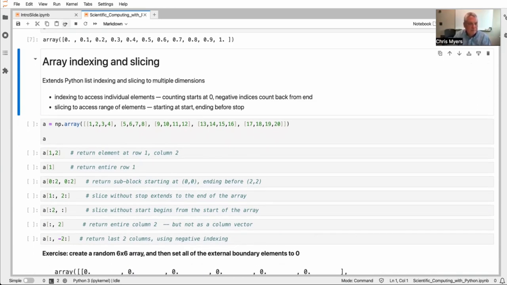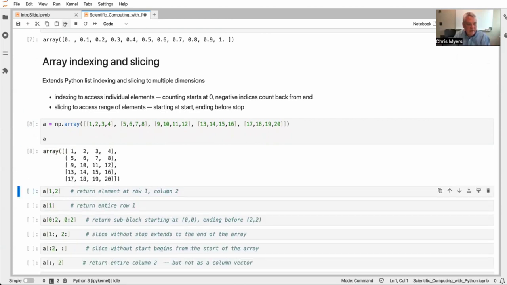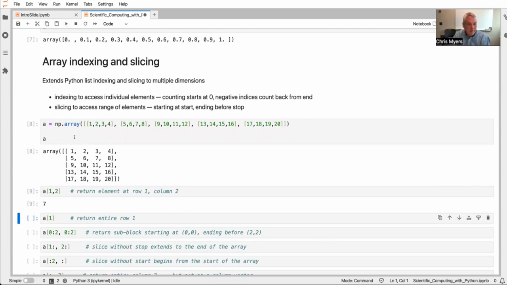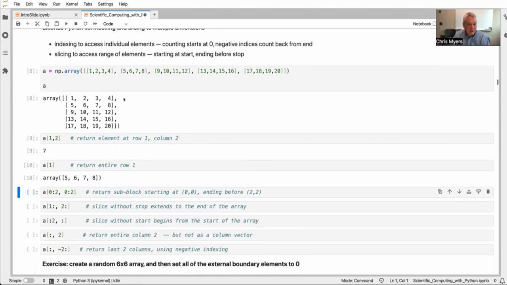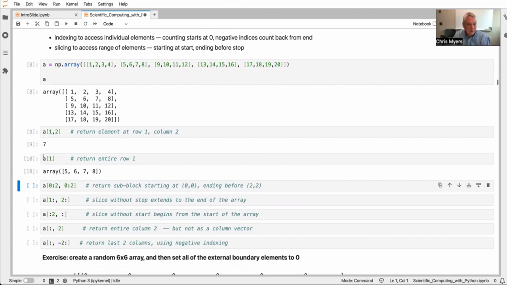So if, for example, I create this array A, which now has shape 5, 4, I can access an element of that, A[1, 2]. And that gives me the element in row 1, where I'm starting at 0. So row 1 is what you would think of as the second row, and column 2 is the third column. And so that gives me that entry 7. I can, for example, ask for an entire row just by providing one of the indices, and that returns this